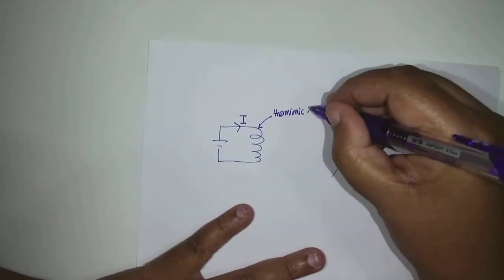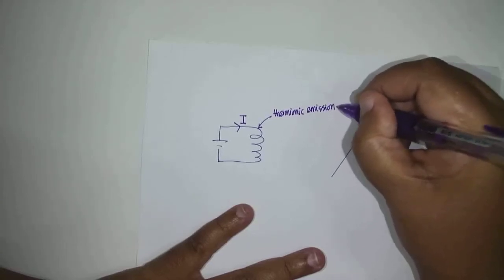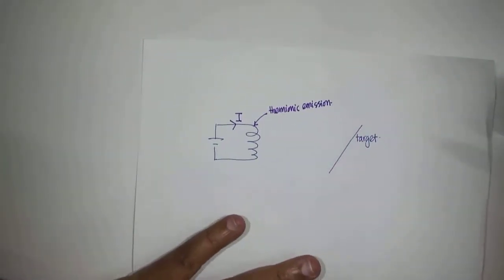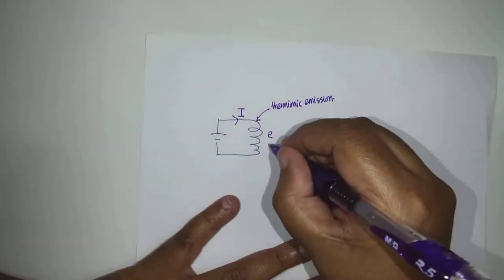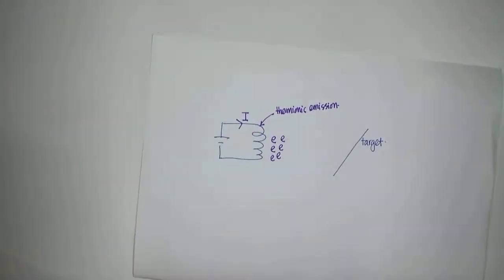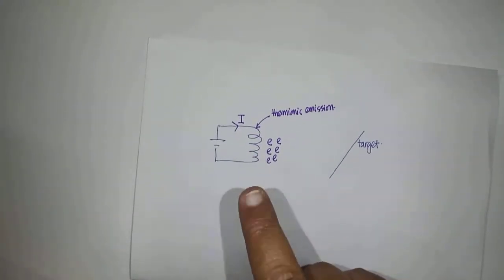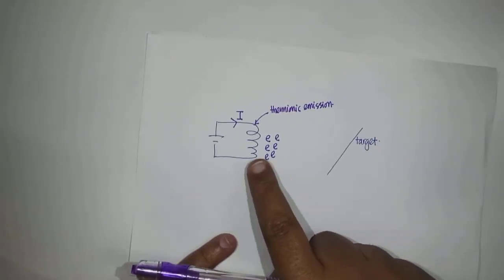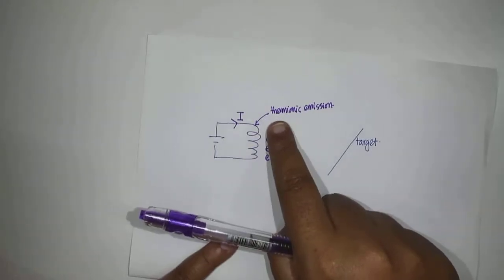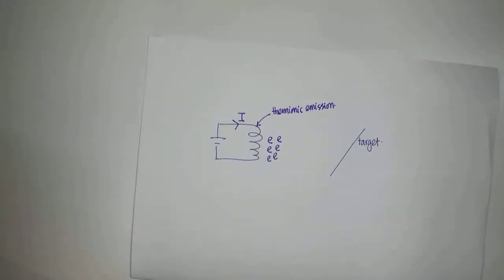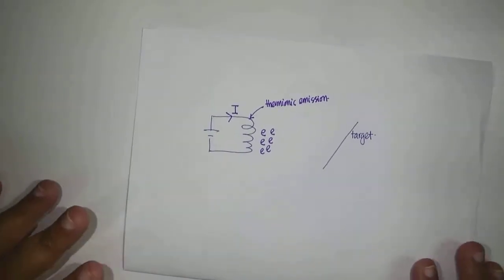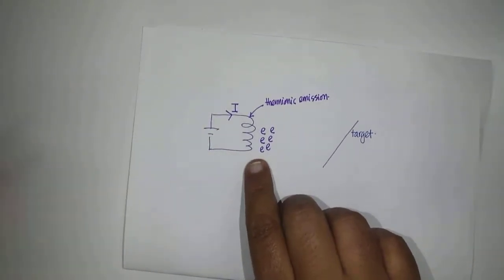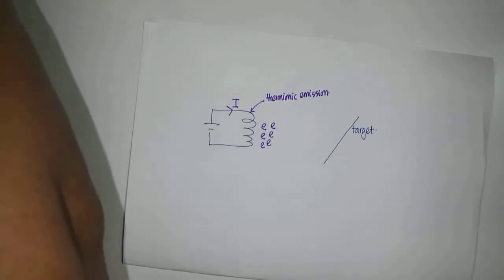I think everybody knows what thermionic emission is, right? Emission of electrons by thermal energy. So electrons are released. You see there are two different ways of emission. In X-ray, we study thermionic emission, the release of electrons from the metal by thermal energy. But in the photoelectric effect there is another way of emission of electrons, which we call photoelectric emission. So these are the two ways of emission of electrons. The electrons are emitted due to thermionic emission.